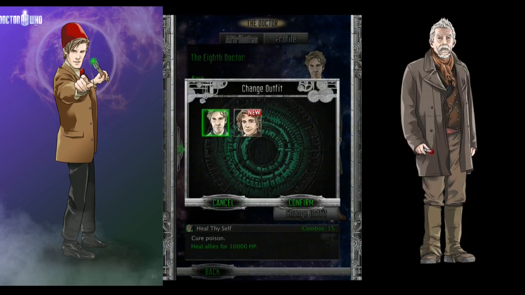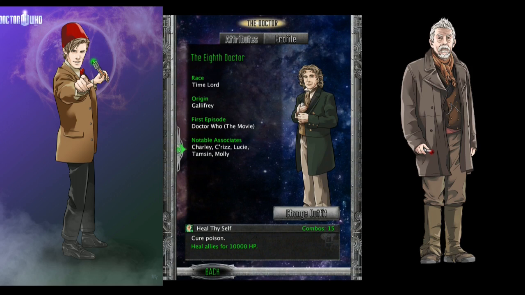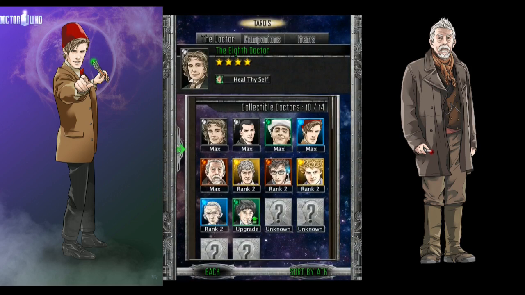Now, we talked about the change outfit button here. When you play the game, you'll unlock characters, but you'll also unlock costumes for your companions and for your Doctors, and this is where you change them. So, for example, the costume I was using there is more or less his regeneration costume, but I can change him to something a little bit more familiar from the actual TV movie that he was in, and so you can really customize your team to your favorite, not just your favorite characters, but actually your favorite episodes of those favorite characters, which is a brilliant